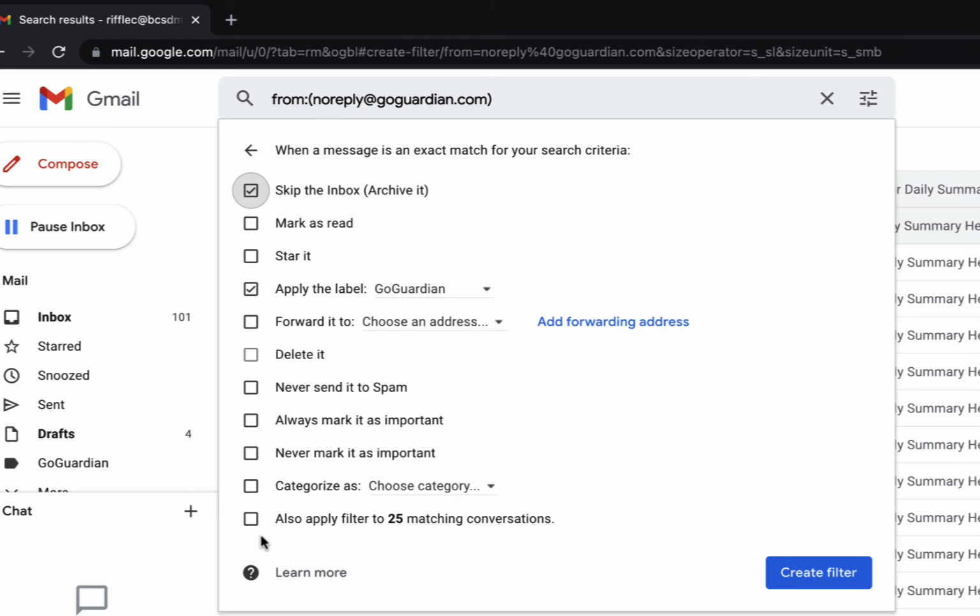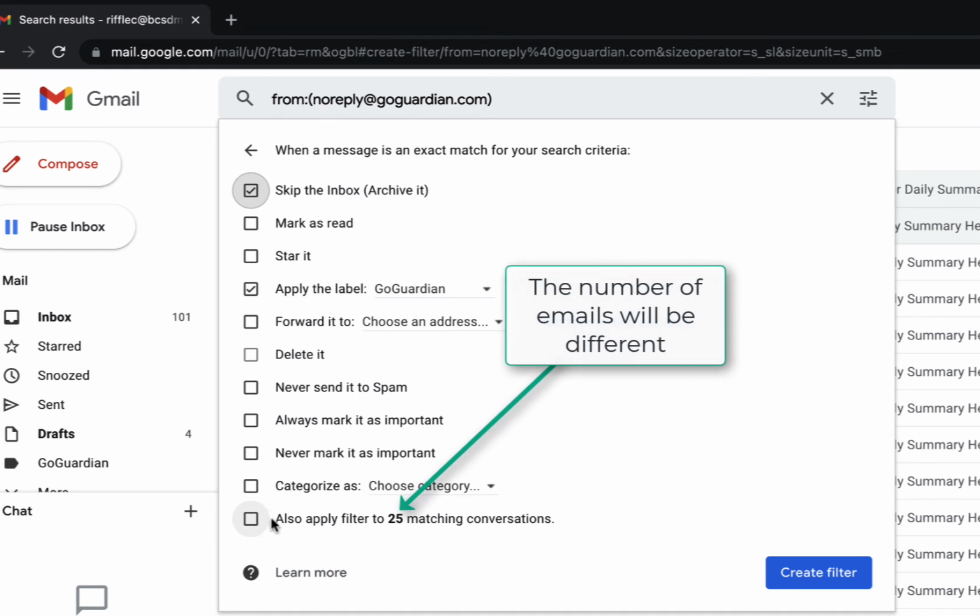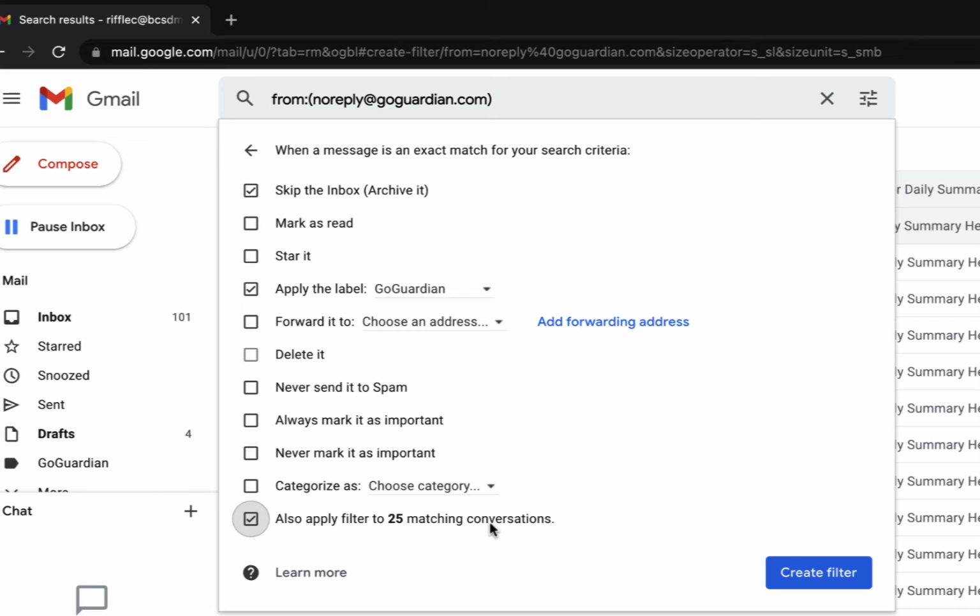The next thing you can do is also apply the filter to 25 matching conversations. What this bottom box that I selected is going to do is take all of the previous emails. It's going to go through my current inbox, find all of the emails that this filter applies to, and then do whatever actions I set here to those emails. So when I click this button, from here on out it's going to tag any email from no reply at GoGuardian. It's going to skip the inbox and apply the GoGuardian label. It's also going to apply it to any emails that came from that address in the past. So I'm going to click create filter,